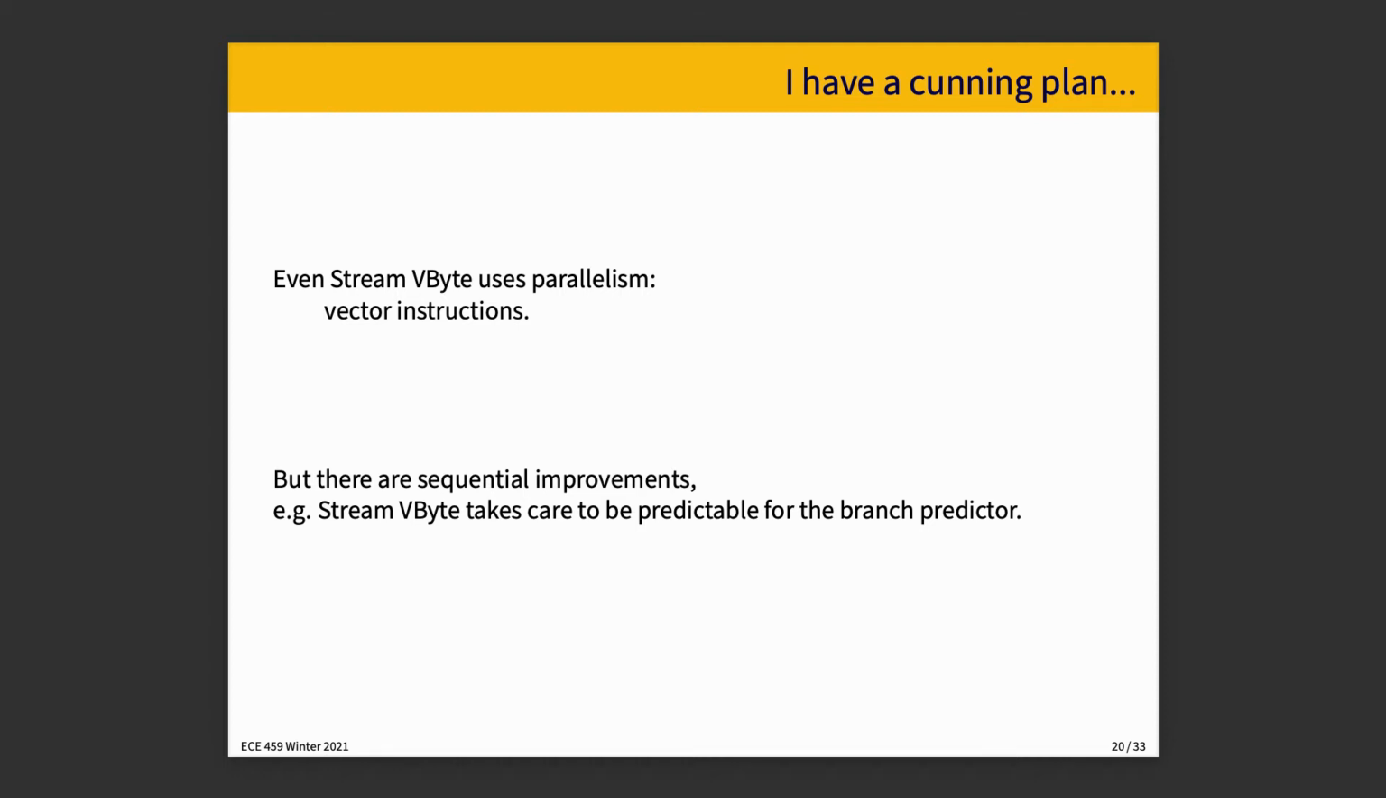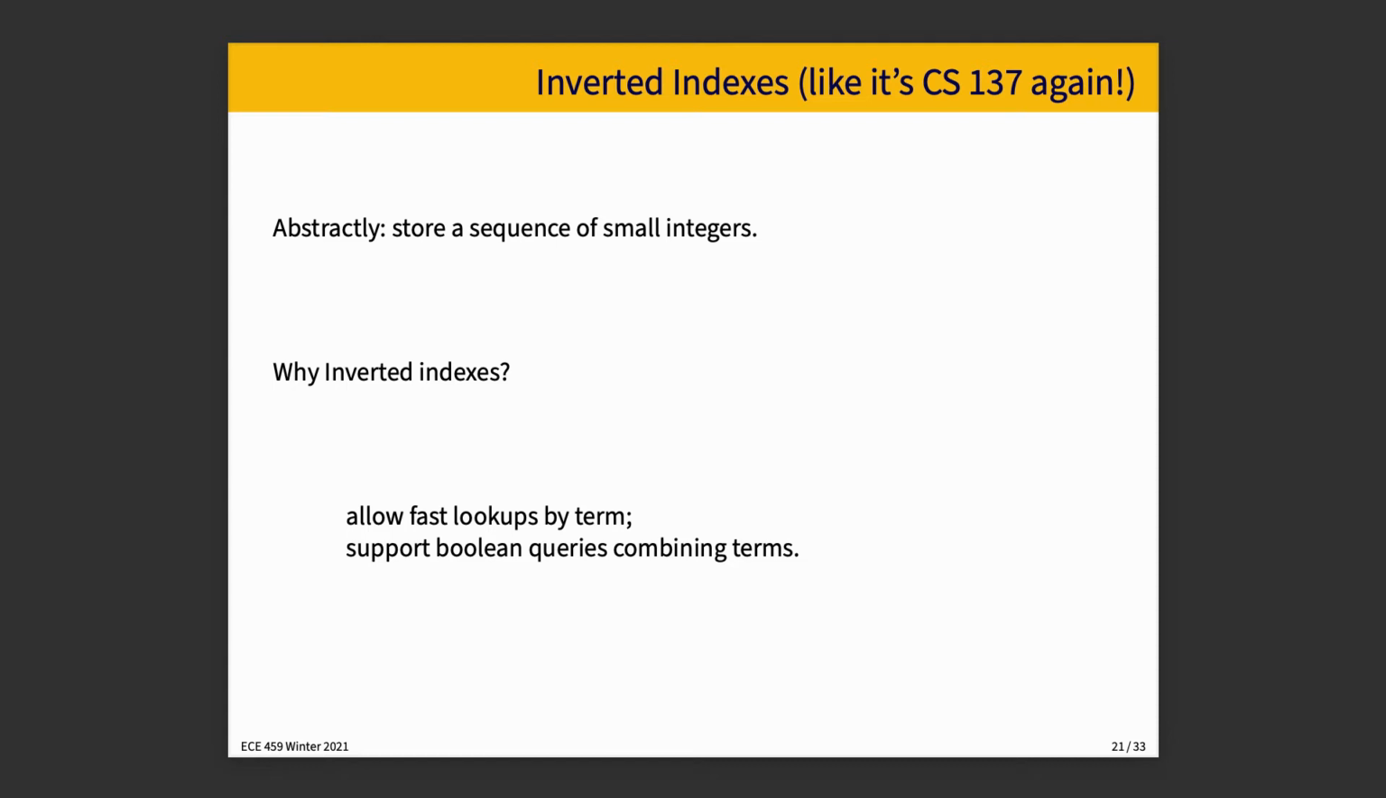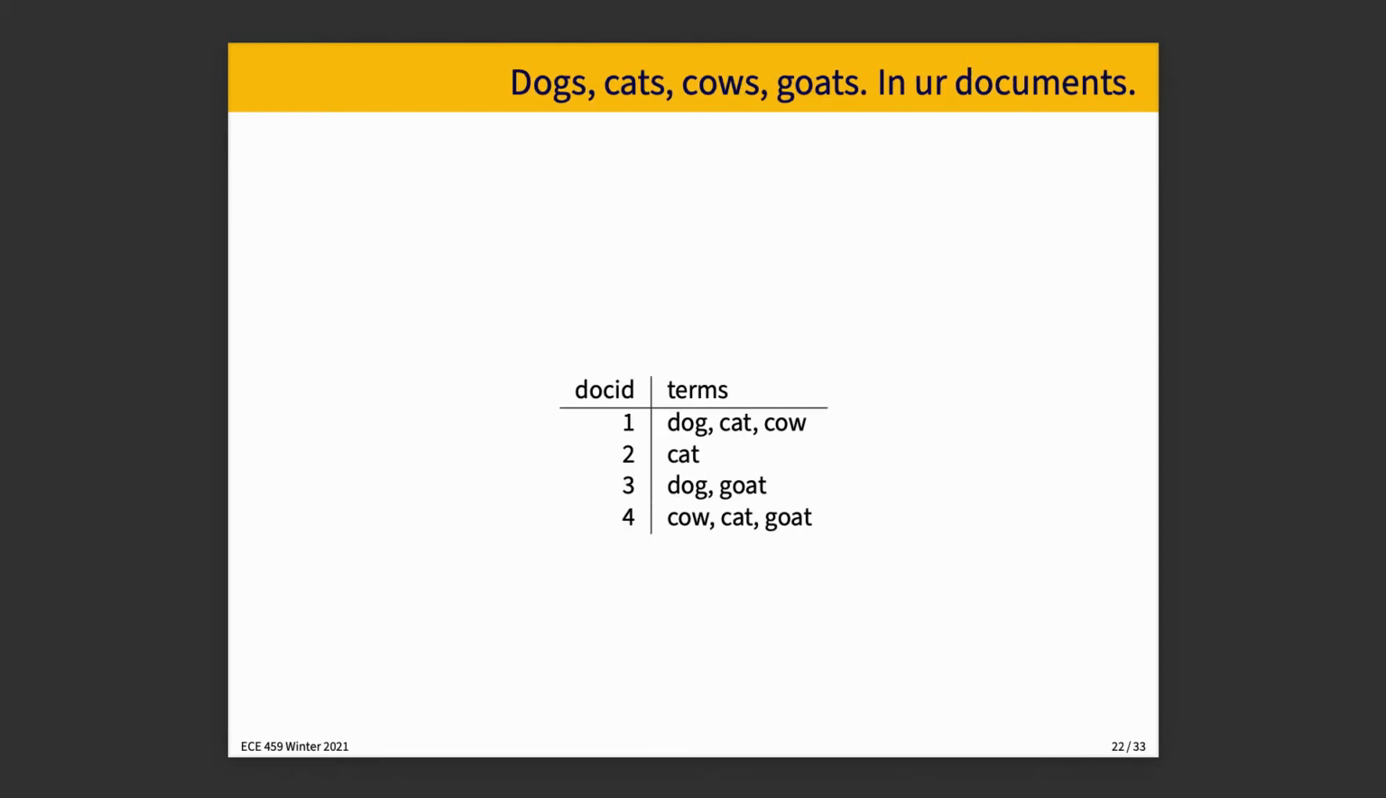Any little bit helps. Okay, so the problem that we're trying to solve is abstracted to storing a sequence of small integers. This kind of thing happens in the context of an inverted index, which allows, say, a fast lookup by term, and supports Boolean queries, which also combine those terms. If that sounds really abstract and doesn't really make a lot of sense to you, then think of something like this. If a document has an ID, and document IDs in this very simple example are 1, 2, 3, and 4,